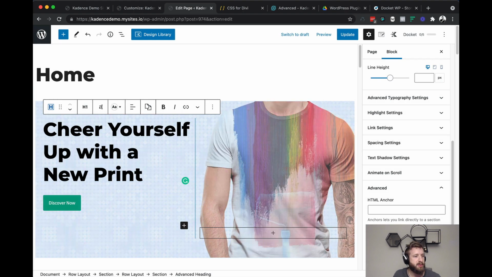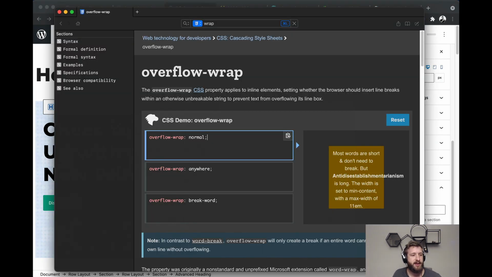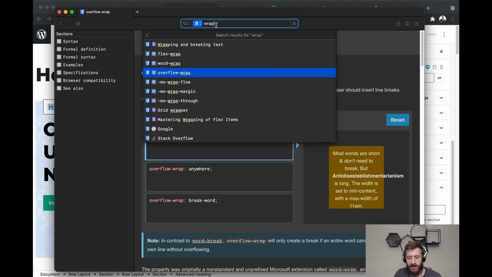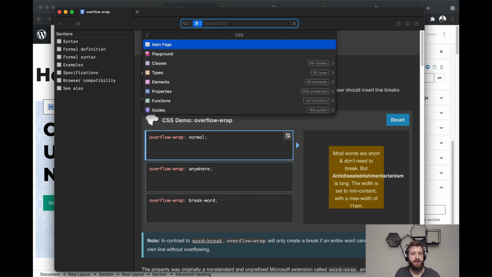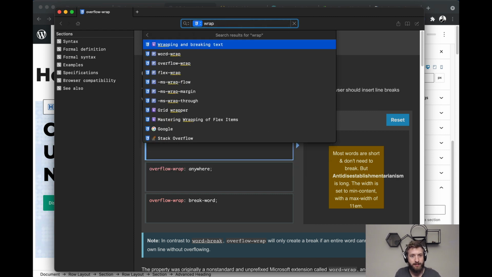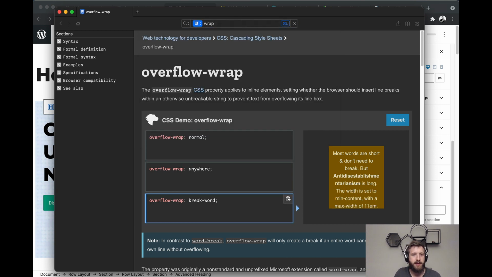So I'm going to pull up this resource. This app is called Dash. It is the Dash reference. It is just a desktop reference for any kinds of frameworks or coding languages or whatever. If you're using things, I don't know code per se, but I do dabble with some HTML, CSS from time to time. So if I search in my CSS reference for anything CSS wise that I'm interested in learning about, if we look at this overflow wrap,